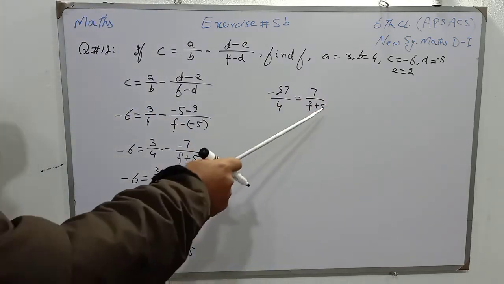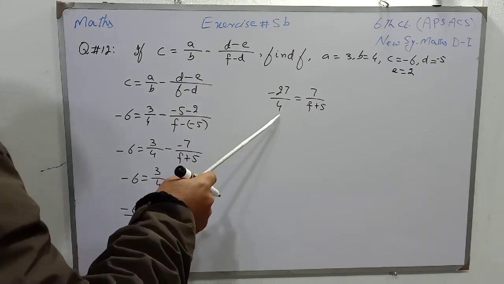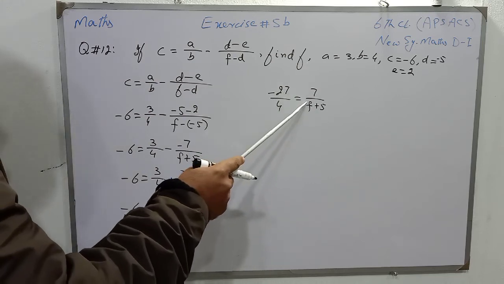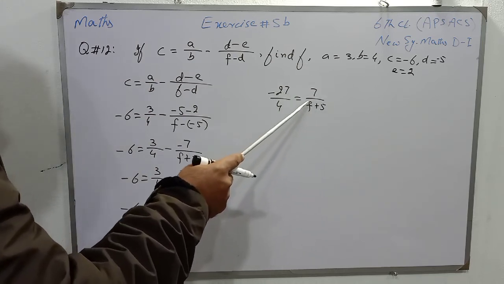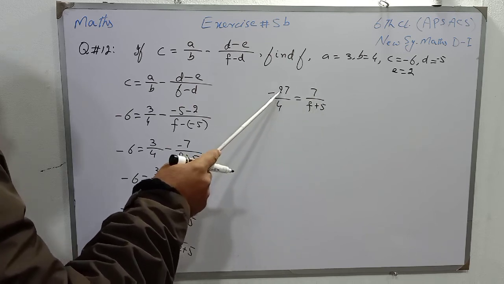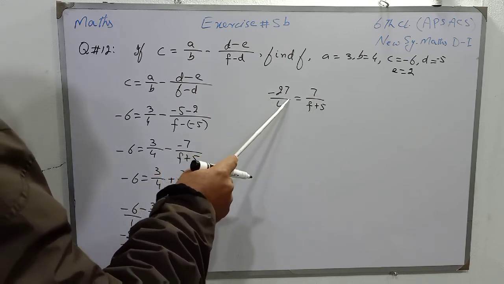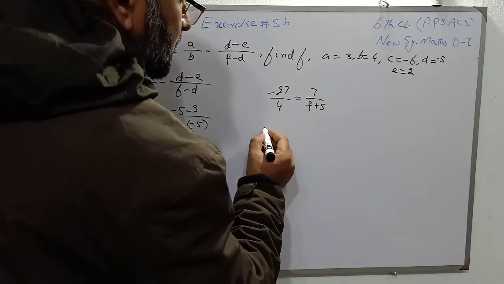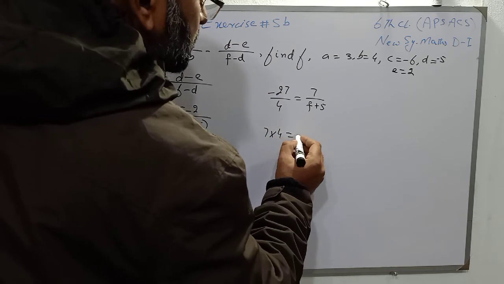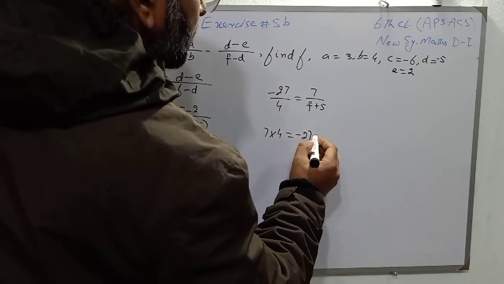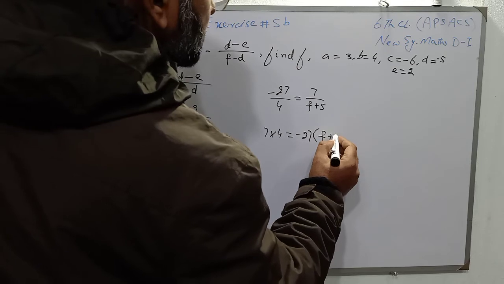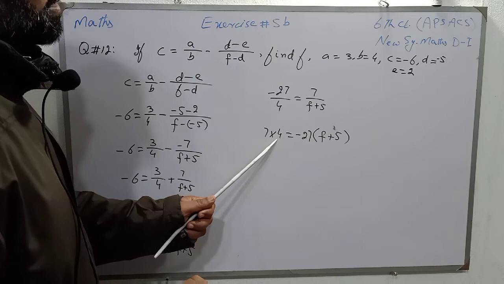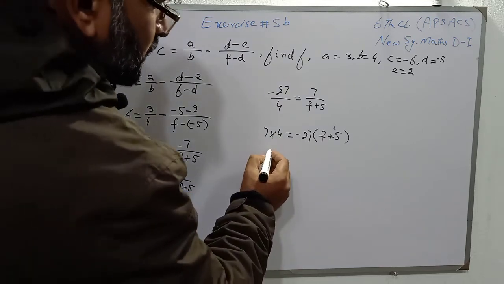4. Minus 27 over 4 is equal to 7 over f plus 5. Now students, on both the sides there are single denominators, so we will do it by cross multiplication. By cross multiplication, this f plus 5 will multiply with minus 27, and 4 and 7 will multiply. So it is written as 7 multiplied by 4 is equal to minus 27 into f plus 5. Now 4 multiplied by 7 means 28